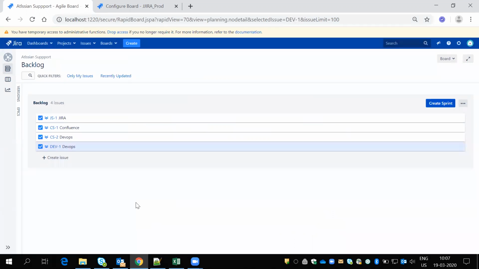Every time an issue matches a particular filter, based on that filter the project is working, and all those issues automatically come to that board.